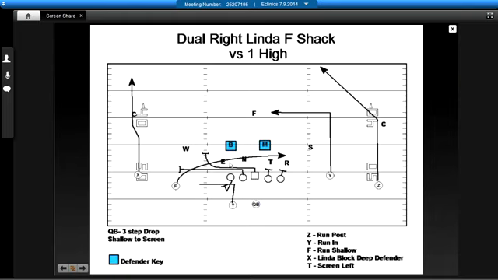Okay, here it is with one high. I skipped ahead, excuse me, but against a two-backer look, if either inside backer comes, we're going to hit the shallow, okay? If the inside linebackers don't come, we're going to throw the screen. And this is a very effective play because one high, zone or man,